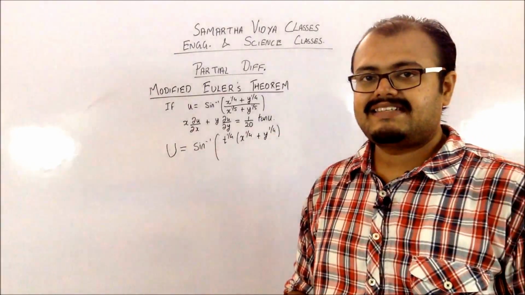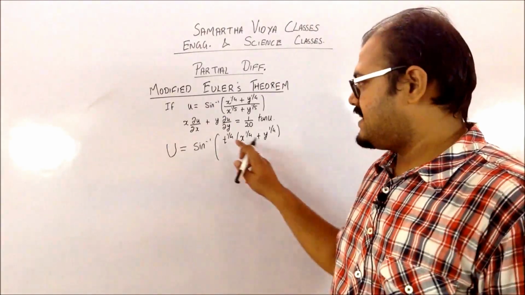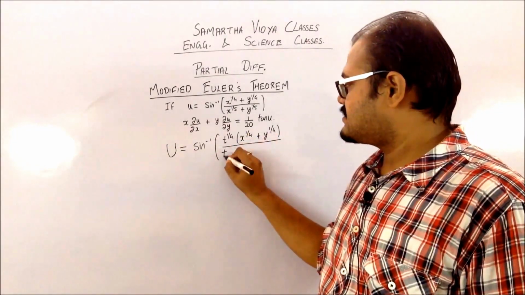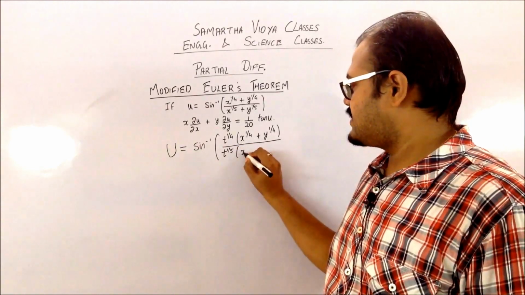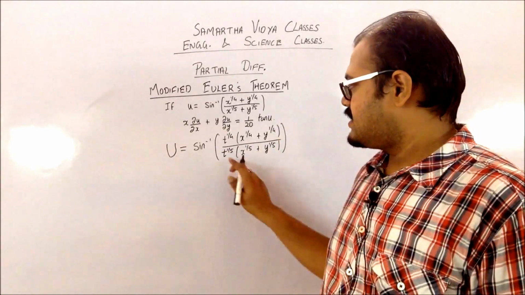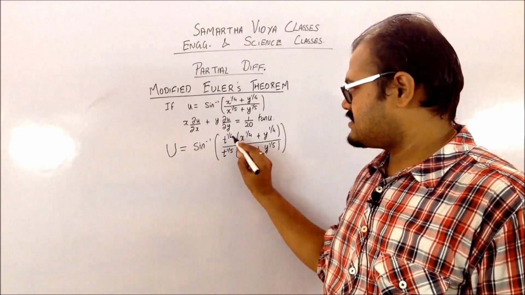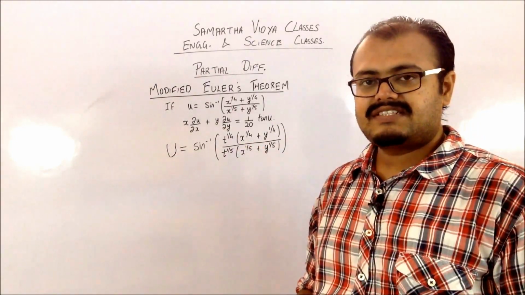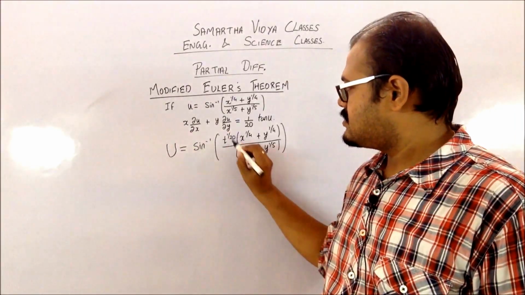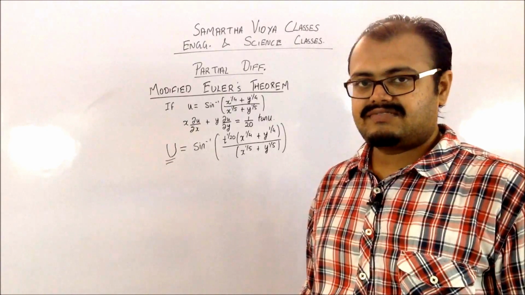That comes basically by substituting the capital X as xt and capital Y as small yt. So we'll be getting t raised to 1 by 4 out from there, divided by, again, this can be written as t raised to 1 by 5, x raised to 1 by 5 plus y raised to 1 by 5. Now this t raised to 1 by 4 divided by t raised to 1 by 5 is just the subtraction 1 by 4 minus 1 by 5, which comes out to be 1 by 20. After that, what you can see is that this u is not a homogeneous function